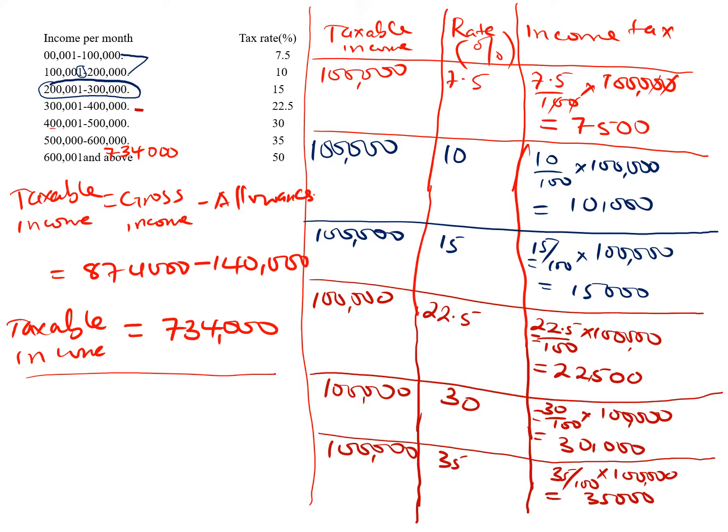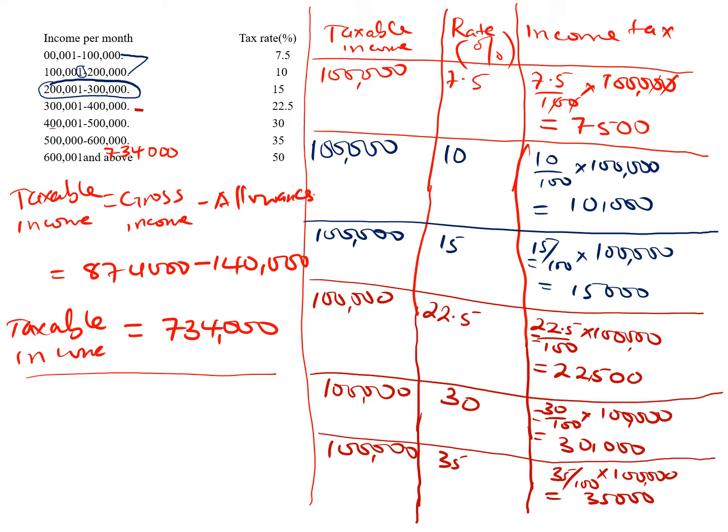But now you need to come and ask yourself, how much is this so far? 100 plus 100, 200 plus 100, 300 plus 100, that is 400, plus 100, that is 500, then plus 100, that is 600. Because it is 100,000 6 times,